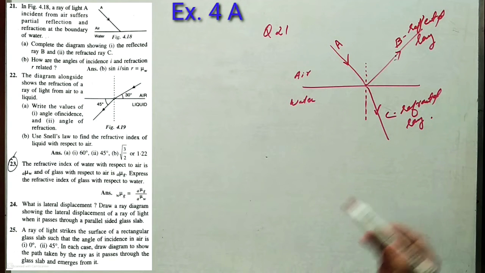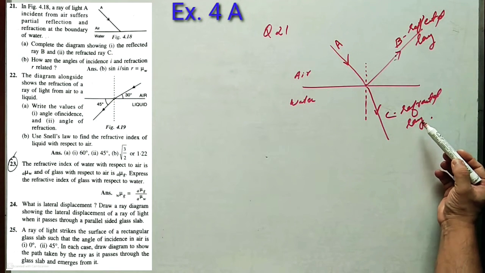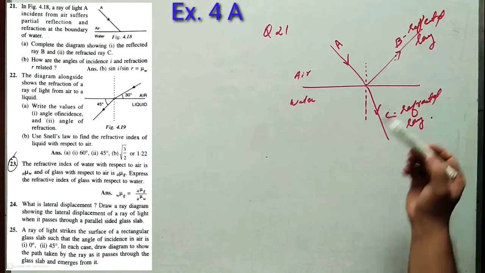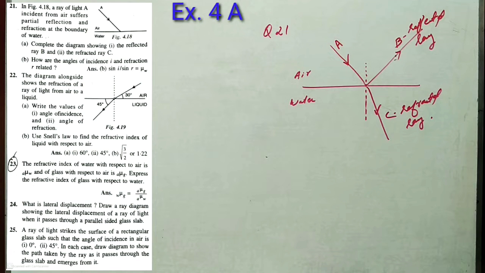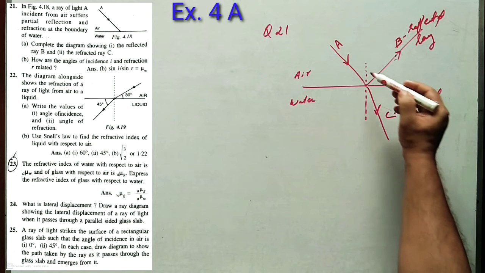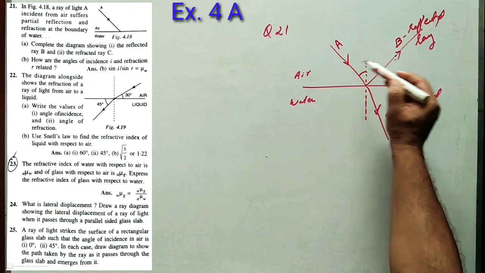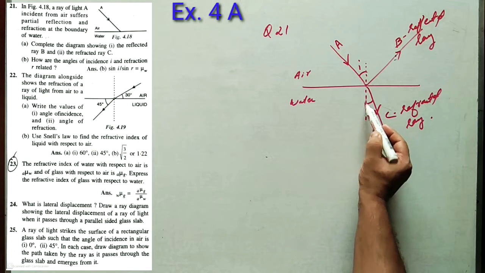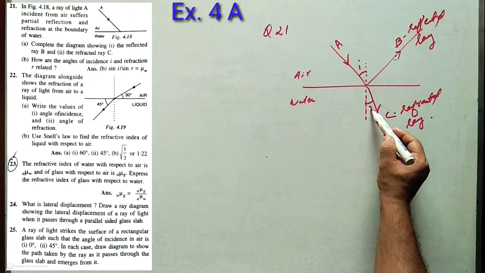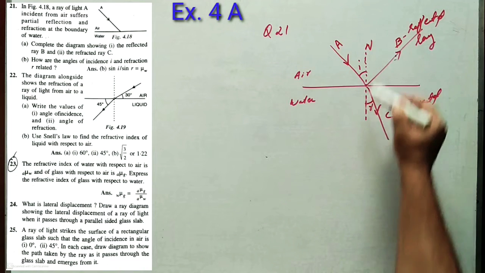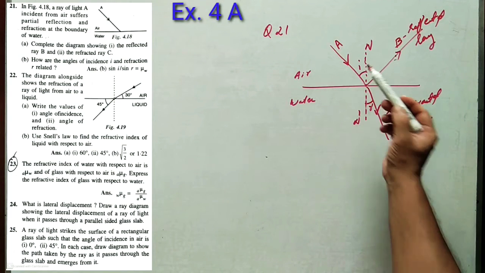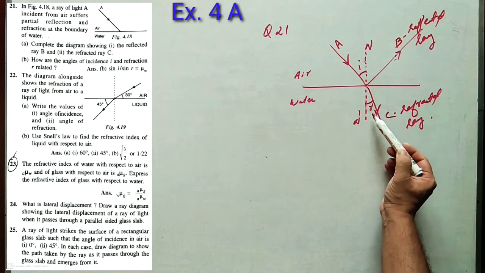Okay, clear? So we have marked the reflected ray and refracted ray very clearly on the diagram. Show the direction of the light also. Second part: how are the angle of incidence and angle of refraction related? So what is the angle of incidence? The angle between the incident ray and the normal. What is the angle of refraction? The angle between the refracted ray and the normal. Mark the normal as n dash. So we have to write a relation between angle of incidence and angle of